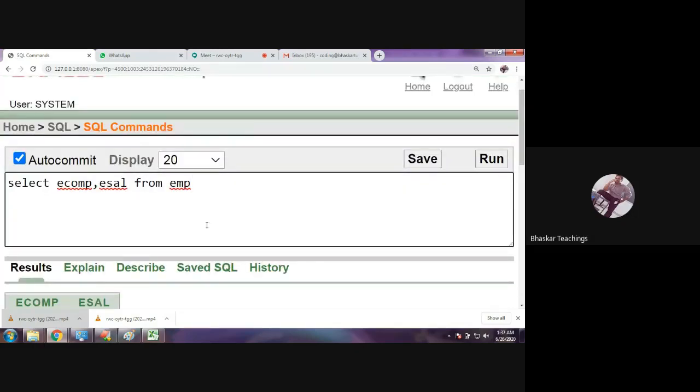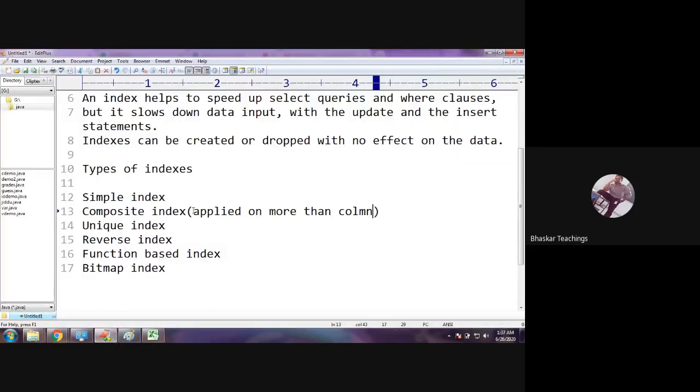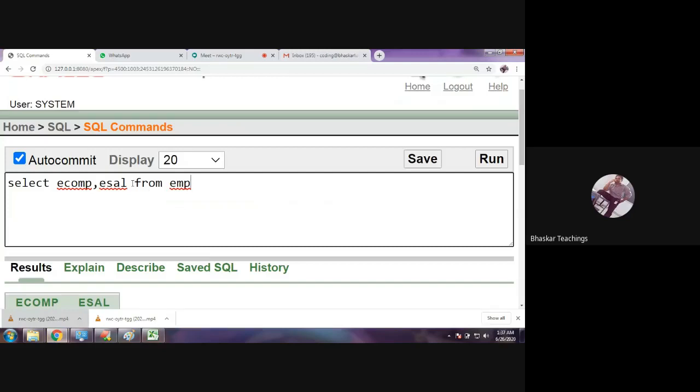So let us see by applying a composite index. Composite index means when we apply an index on more than one column. Let us say we apply it on e company and e salary. Otherwise, let me see e location, e company and e location.